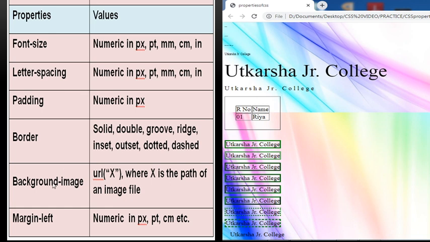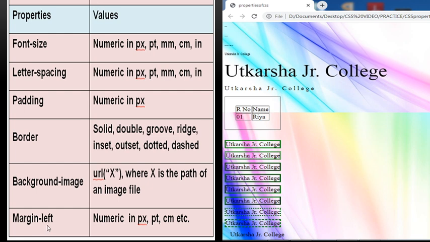The next property is background image. We can use the background image property when we want an image at the background of an element like table, body, etc. So here as a value you need to specify the URL, that is the path of the image file, in the round brackets.